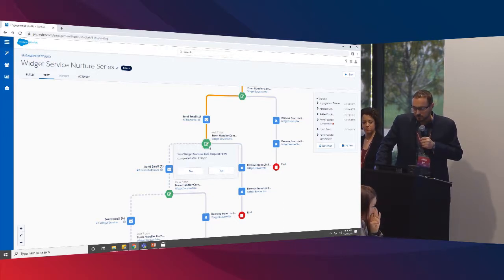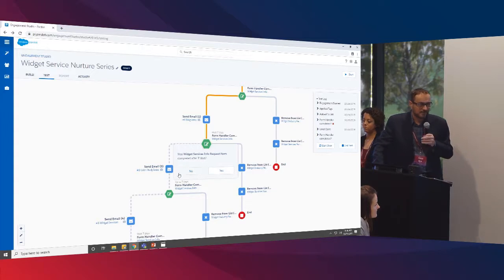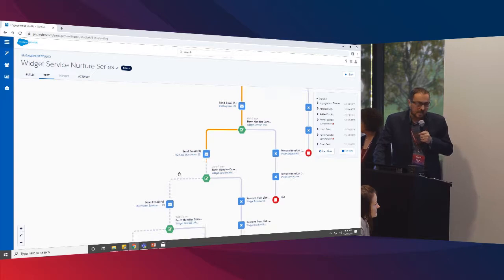That's how we have it set for this one. If he did do it again, it would go here to the right and end the campaign. So that'll be repeated throughout. I'm not going to keep on repeating it, I promise. So we're going to say he didn't, and he's going to go to email 2, which is a case study